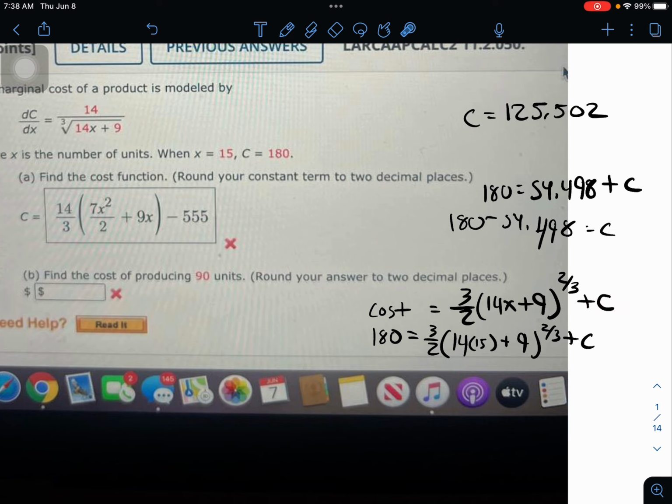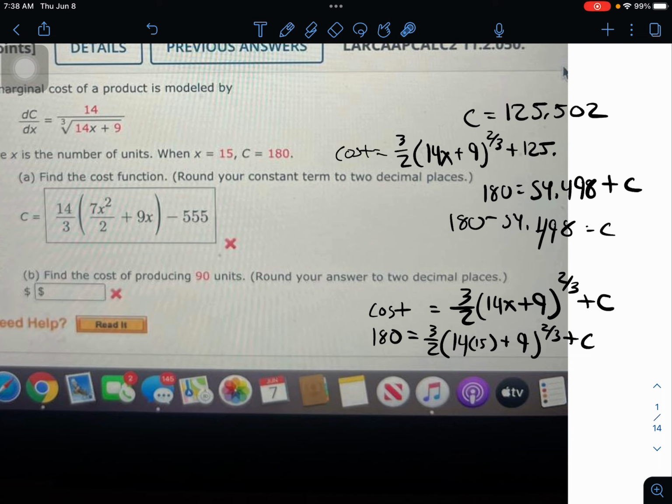Now I can plug the c back into this, that right there, and that will be my cost function. So my final cost function is this. The cost equals 3/2, oops, 3/2 14x plus 9 to the 2/3. But now it's not plus c. We know what the c is equal to. Plus 125 point,